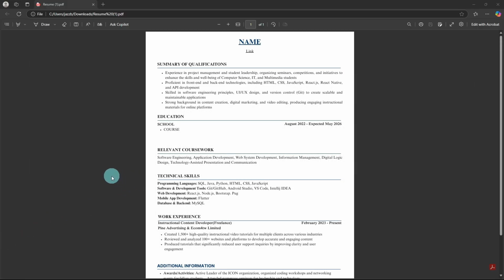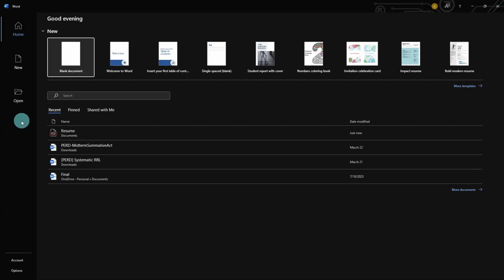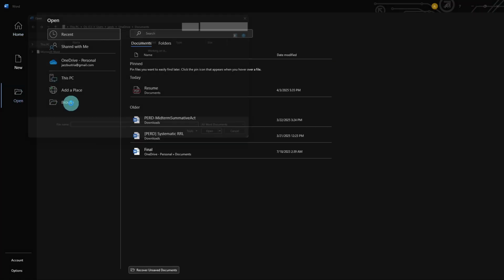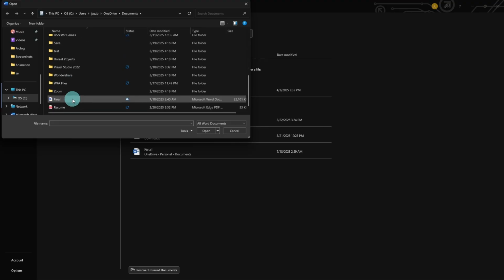So as you can see on our screen, this is the PDF that we're going to try and convert into Word. So first things first, let's open our Word over here and click on Open. In this, click on Browse, and you should then be able to locate your PDF. So simply select and locate the PDF that you want to be able to convert into our docs